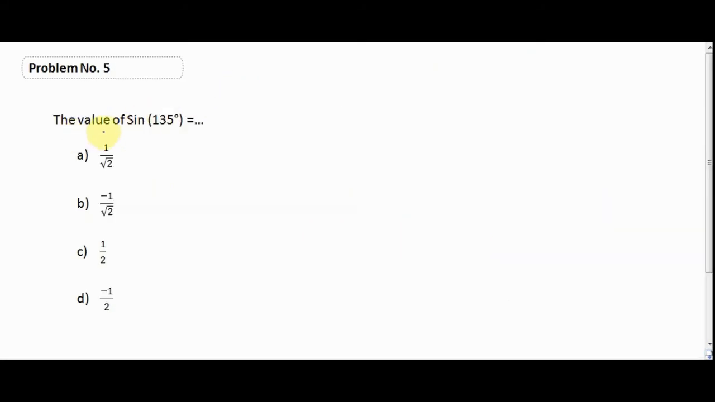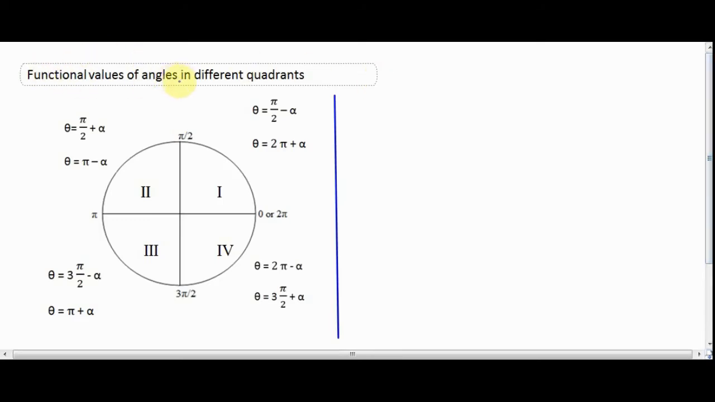The value of sine 135 degree is equal to, we are asked to calculate the value of sine 135 degree. Okay, so 135 degree is an angle which is greater than 90 degree. So we are having a general method to solve this kind of problem. Let's see that. But before proceeding with the solution, let's have a look at functional values of angles in different